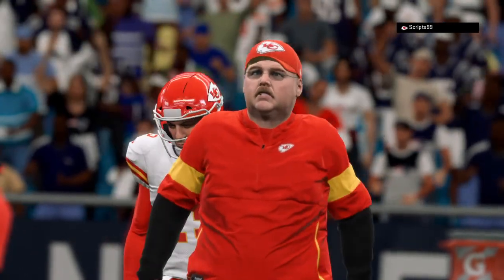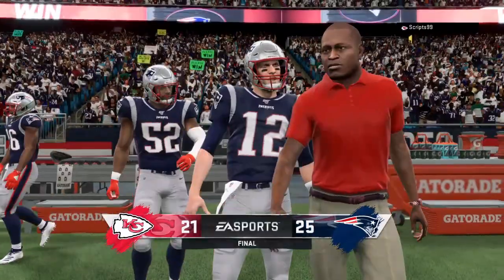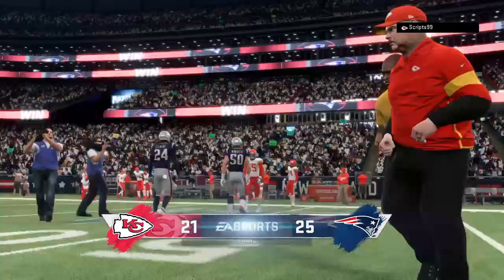Well, going into the final play of this game, they knew that they needed some type of a miracle there at the very end, but they couldn't get it done. However, we were treated to really a spectacular